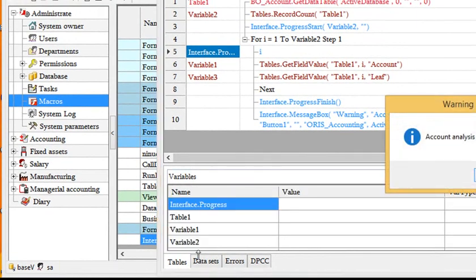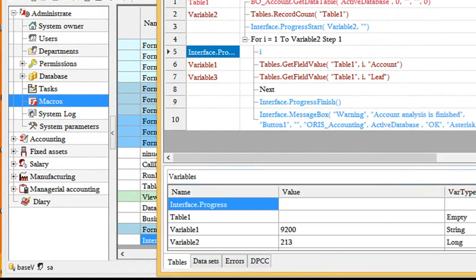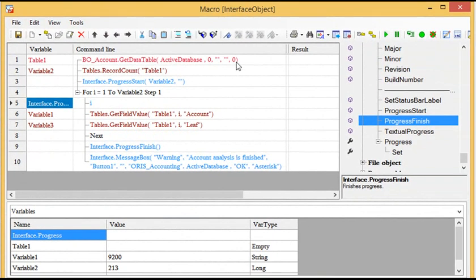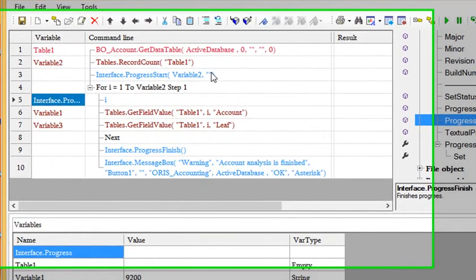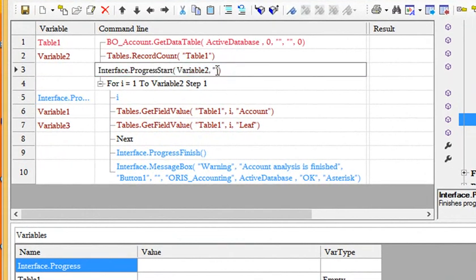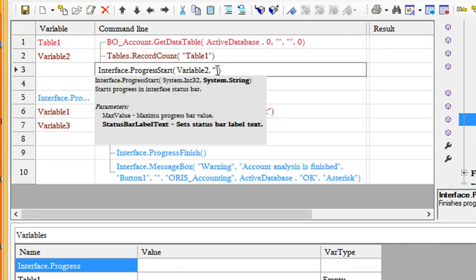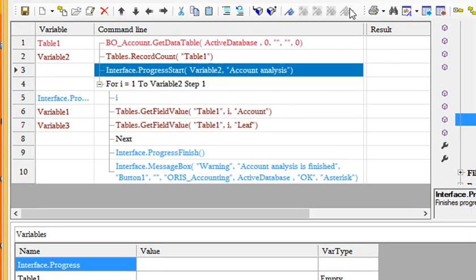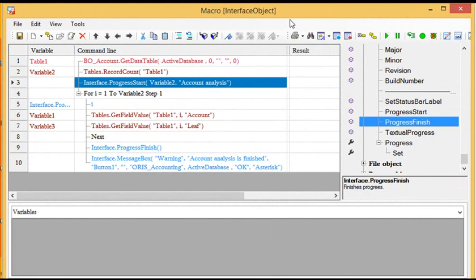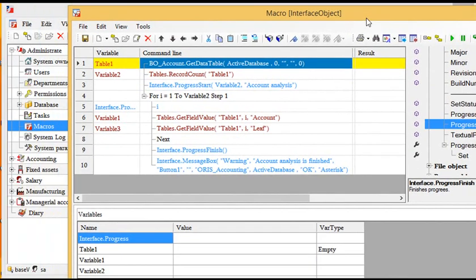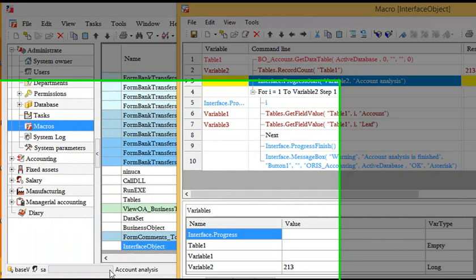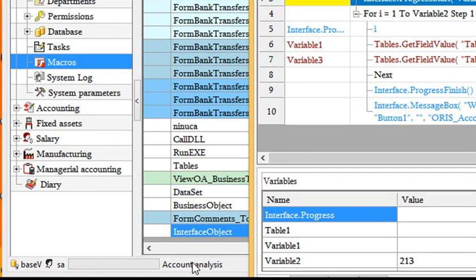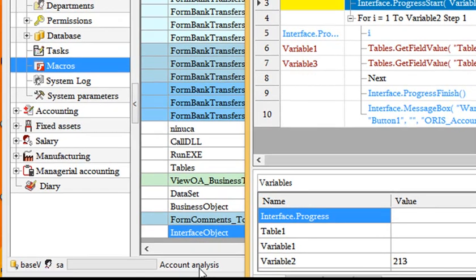the progress bar will disappear, and in order to show the user the process this macro is currently working on, we have the second parameter here and the progress start macro command. So I'm gonna tell, for example, account analysis here. And if we run by using F8 key, we'll see this note at the right of the progress bar,